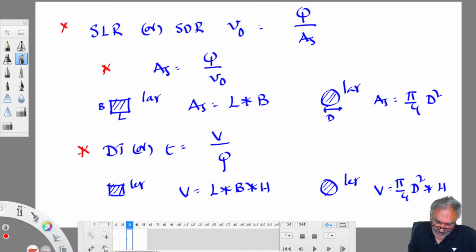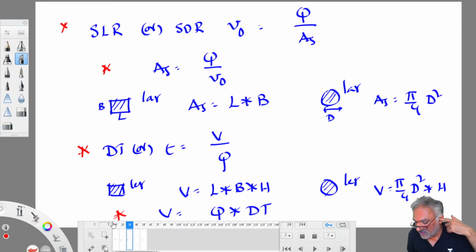Whenever we require volume, what do we do? Volume is equal to Q into detention time. Vice versa we can work out as well. So this is also important. This is how we can work out the